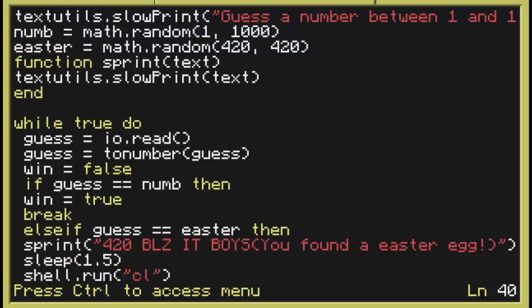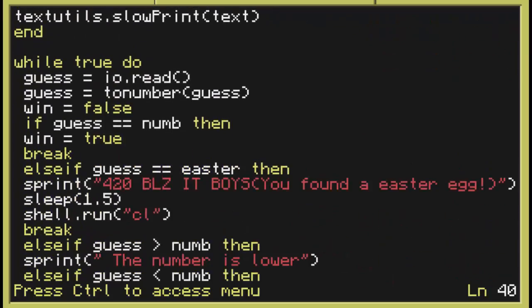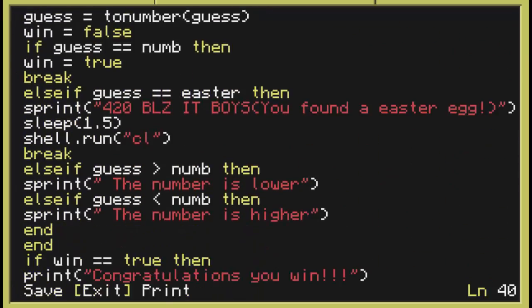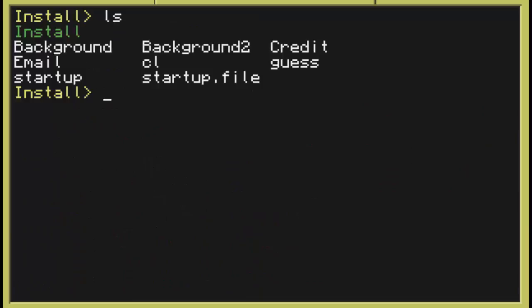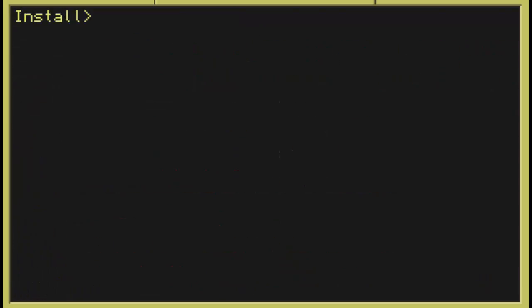It's actually kind of the first program I put on this. Yeah, it was fun. Wait, what's this? Ooh, yeah. So,